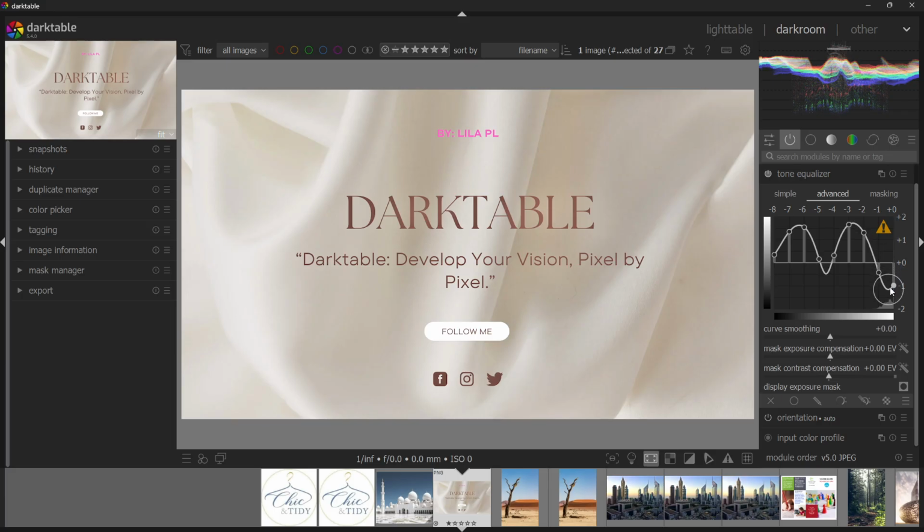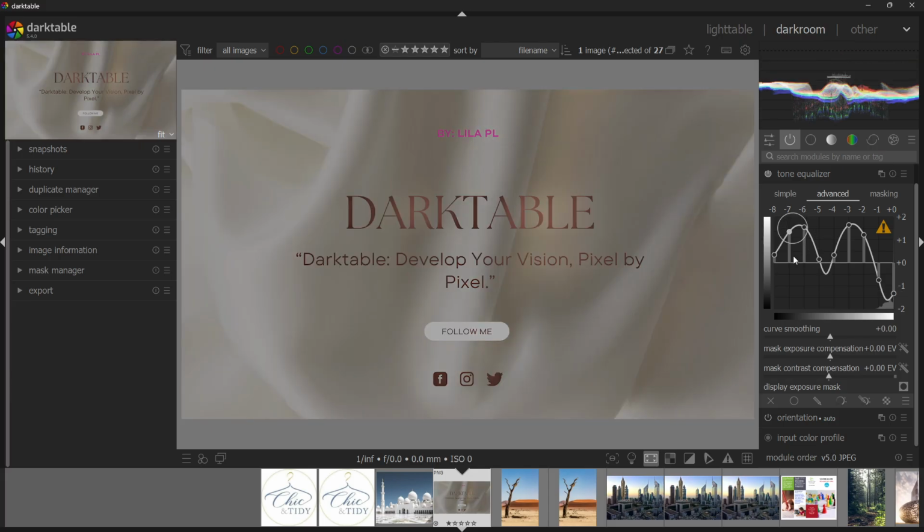Optionally, you can tweak the mask exposure compensation. This setting helps the tone equalizer understand where the darkest parts of your scene sit, so it includes them accurately in its calculations. If your shadows are extremely deep and aren't responding much, nudge the mask exposure compensation so the mask reaches those darkest tones. This doesn't change the image directly, it improves how the tool targets the shadows, making your adjustments more effective and